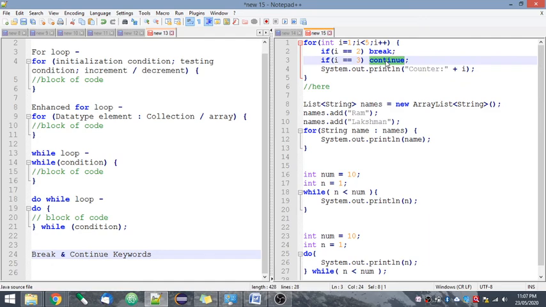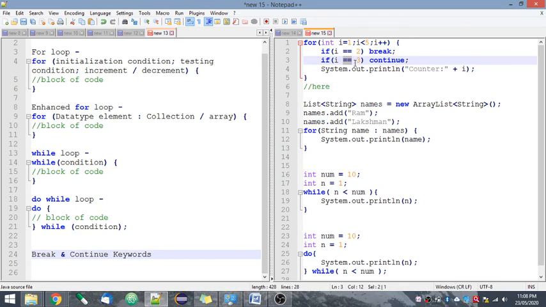Now the continue keyword. The continue keyword is used if we want to skip the execution of statements for a particular condition within a loop. For example, in this loop I'm executing this statement, this output. But I don't want to print number 3, while I want to print the numbers after that.